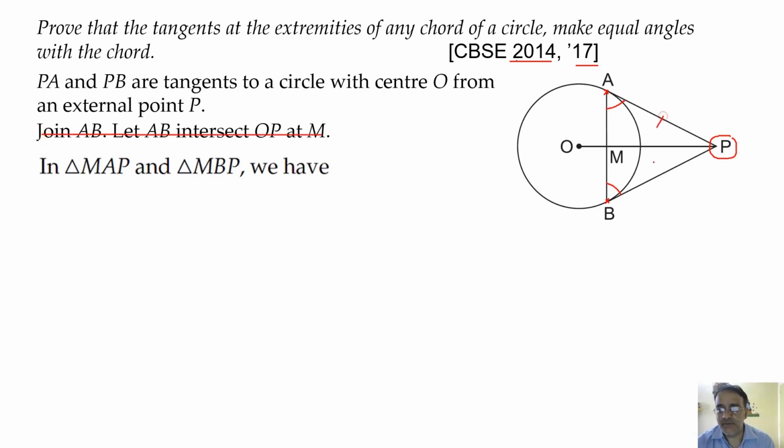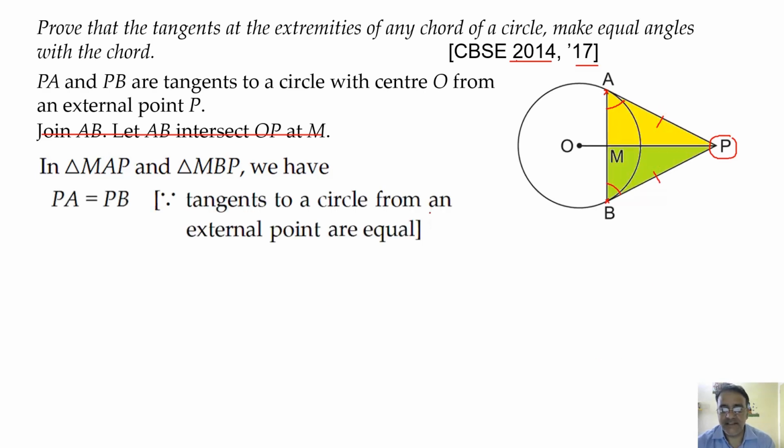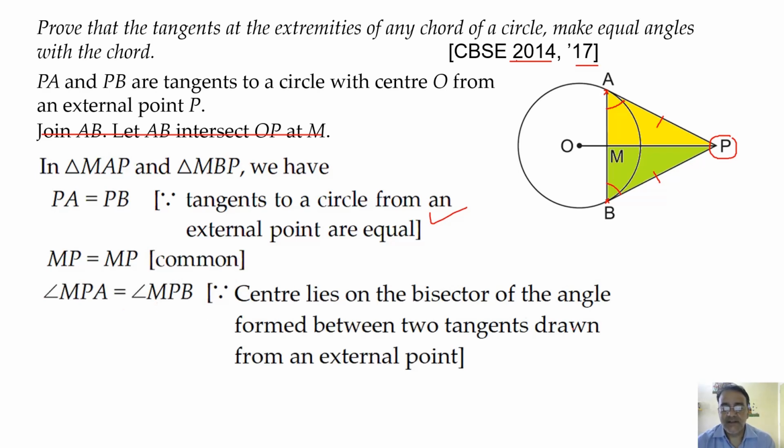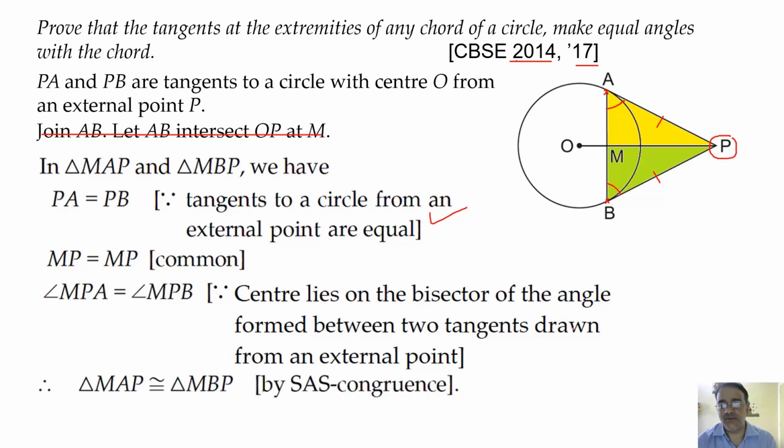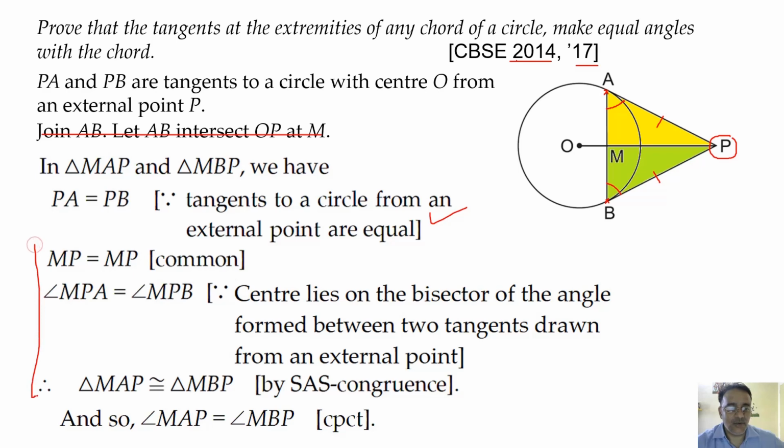PA is equal to PB, right, because tangents drawn from an external point to a circle are equal, and MP is equal to MP, common, and these two angles are equal, that is, center lies on the bisector of the angle formed between two tangents drawn from an external point. So these two triangles are congruent by SAS congruence rule. So these two angles are equal by CPCT, right? Now this is not required,